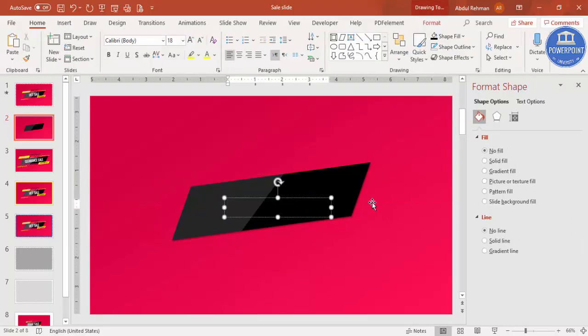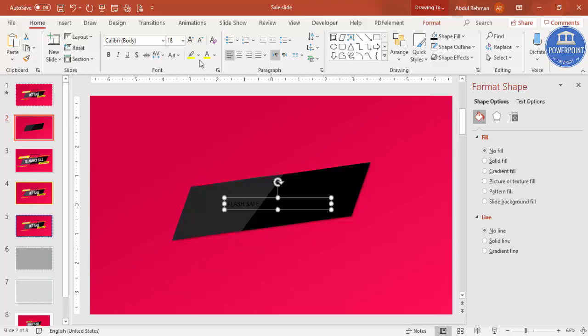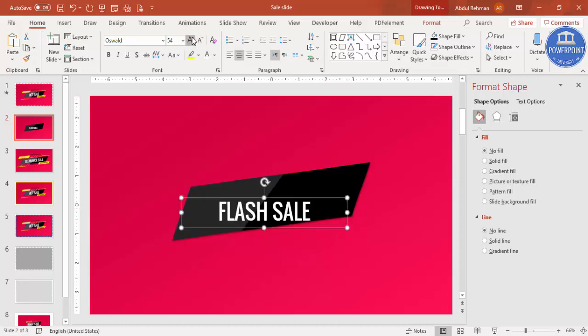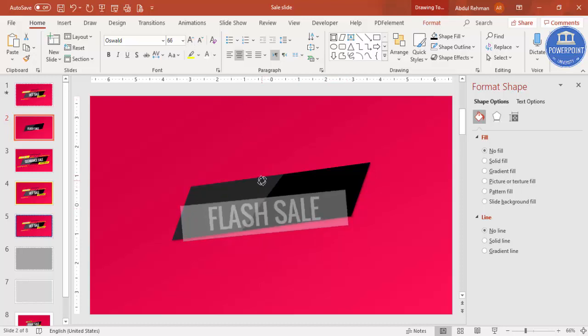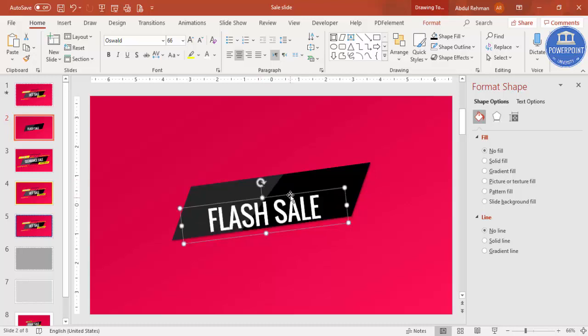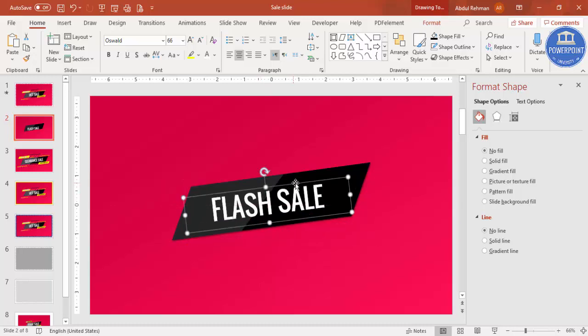For example, I'll just say flash sale, for example, make it white, and choose some good font. I'm going to select Oswald, or if you have some good font also you can just choose it. You can see here, make it more bigger, and then again this also bend it a little bit, and then put it here in the center,